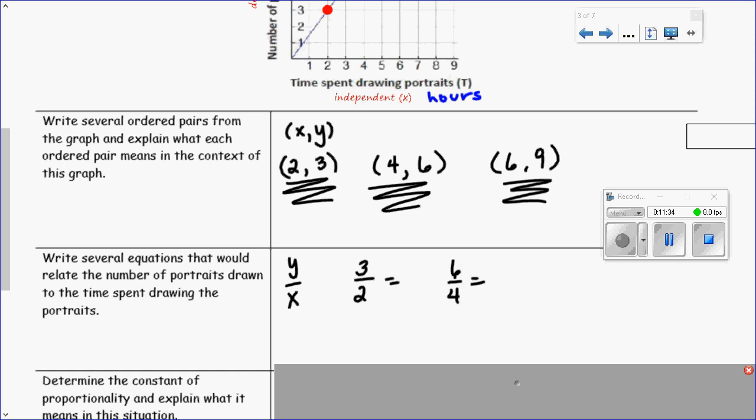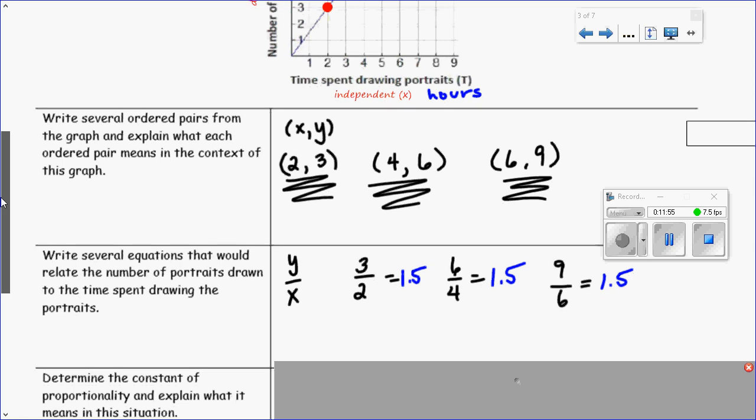Go ahead and pause this and see what happens. Since we know it's proportional, we should be getting the same number every time. Go ahead and see if it works. Okay, did you get 1.5 for each one? That is our constant of proportionality, our unit rate, and what it means is that